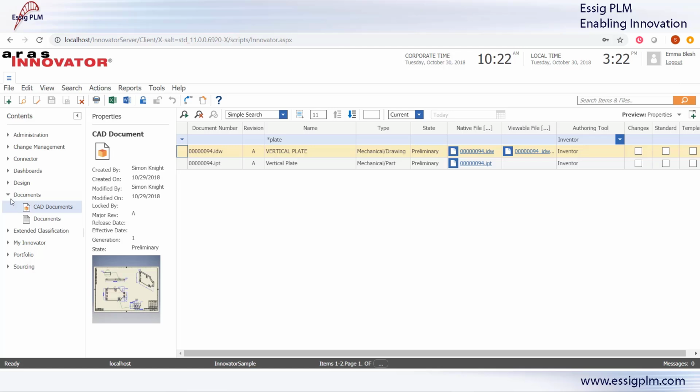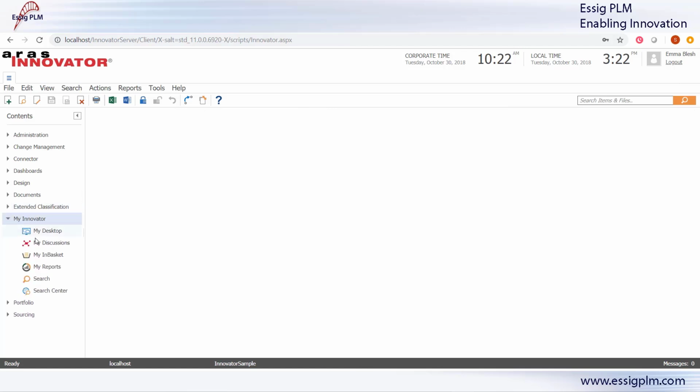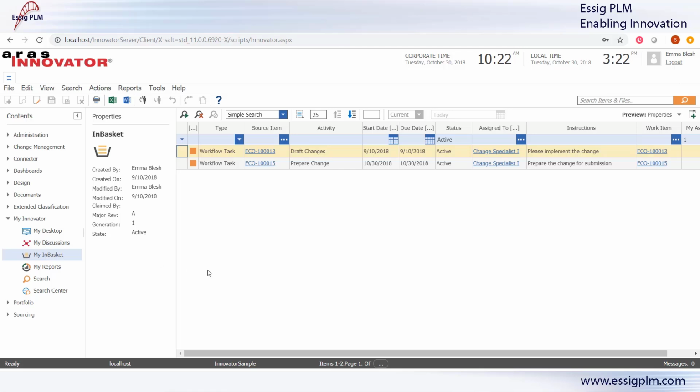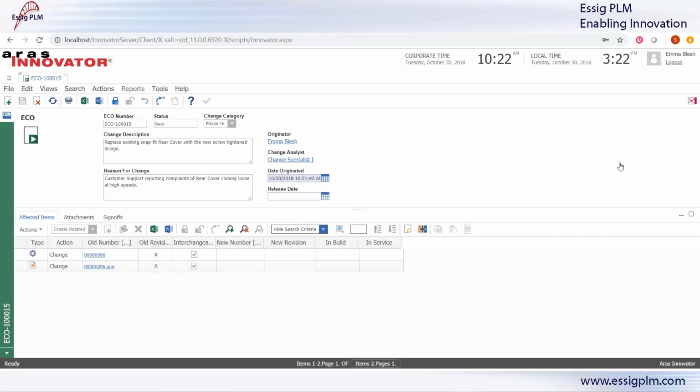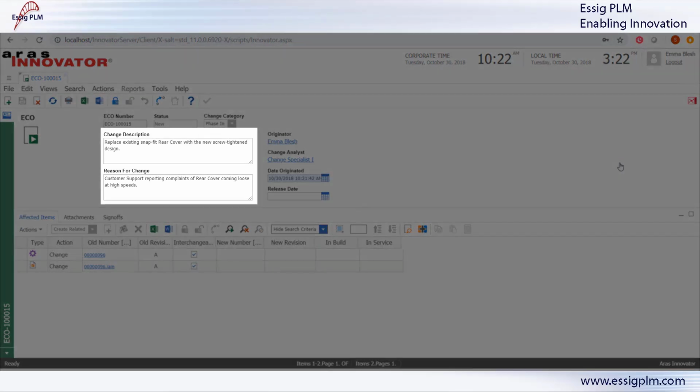I've already logged into Aras Innovator as the engineering manager, and I'll click on the My In basket to view any pending workflow assignments that I may have. I'll highlight this Prepare Change activity and drill down into the related ECO by opening its item information window. At a glance, I can review the details and I can see that customer support is requesting a change to